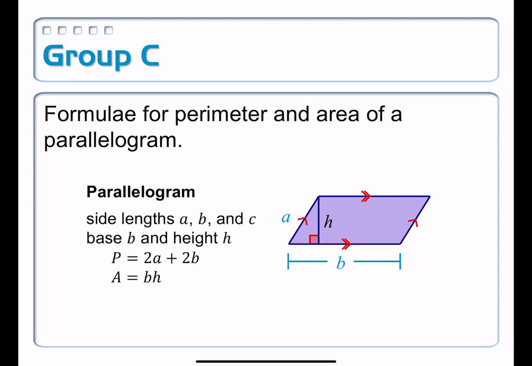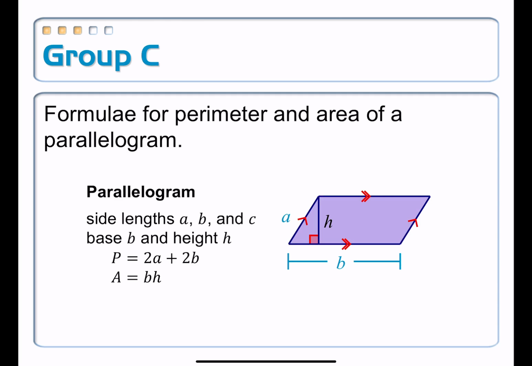Problem C, group C problems, whatever, we've got parallelograms. A parallelogram, as you can see in this little diagram, we usually think of it as kind of a rectangle that's been kind of squished over to the side or something. It is a type of quadrilateral, meaning that it has 4 sides, in which the opposite sides here are parallel